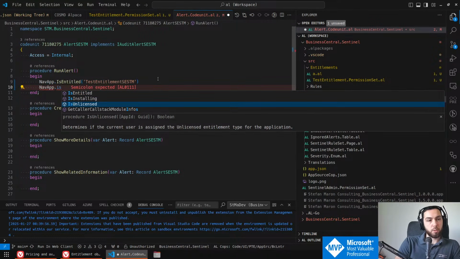Determines if the current user is assigned the unlicensed entitlement type for the application. Okay, so this is per application. That's important. So I was wondering if unlicensed means the user doesn't have any license assigned, which would be